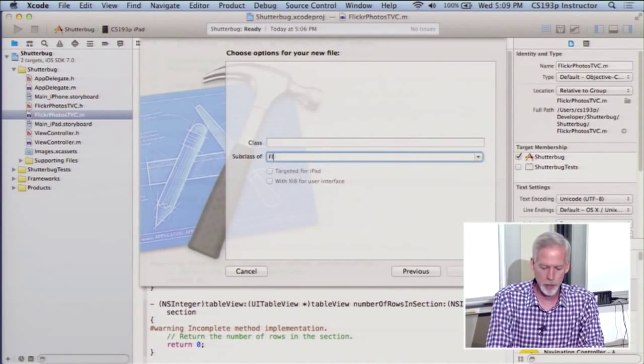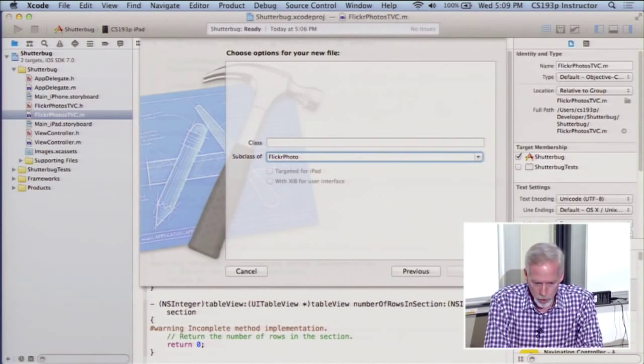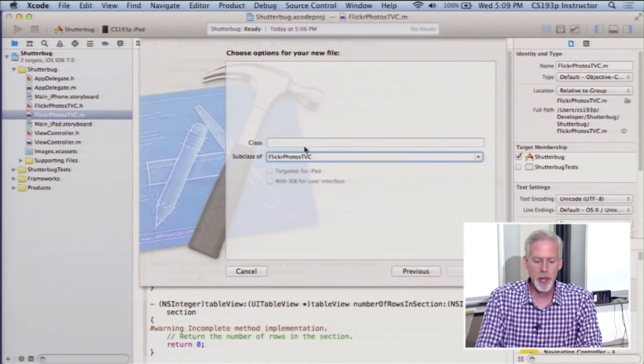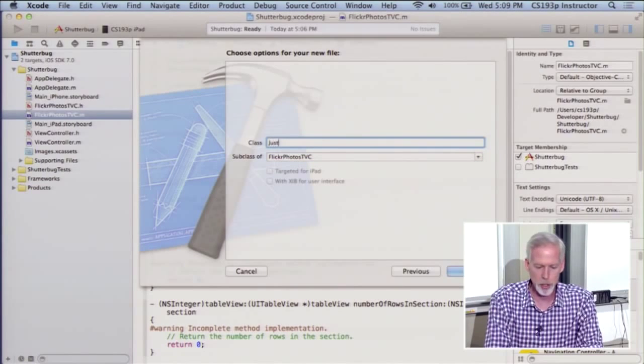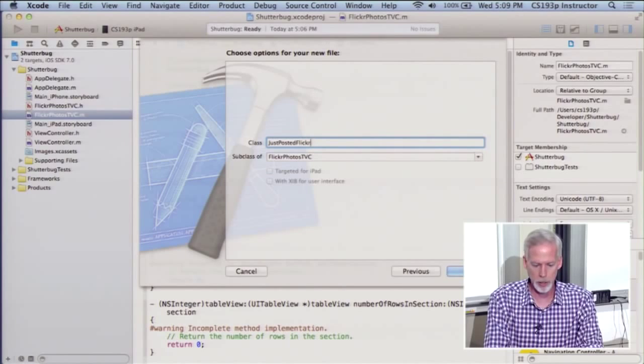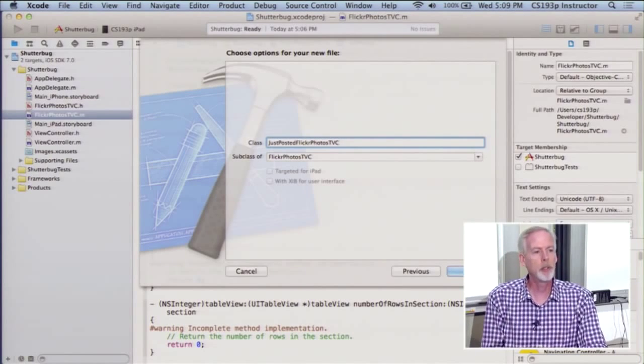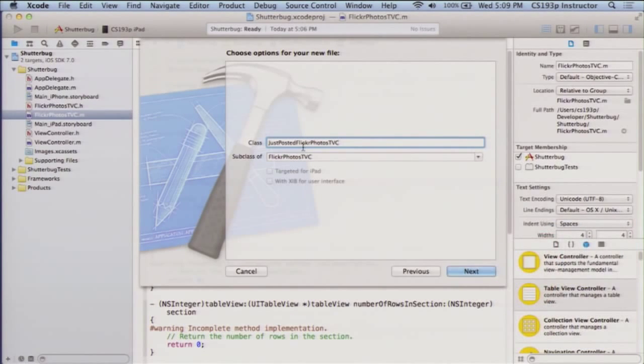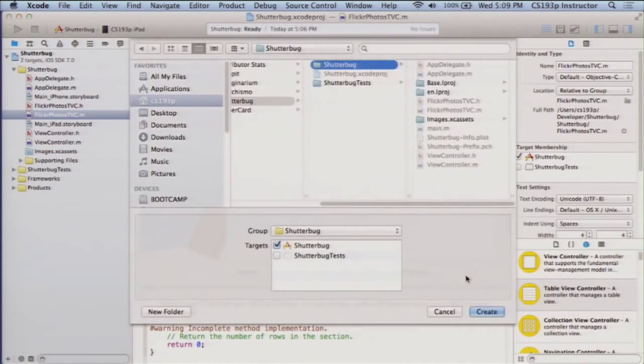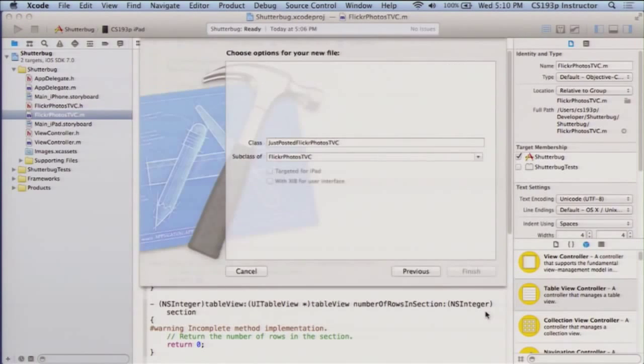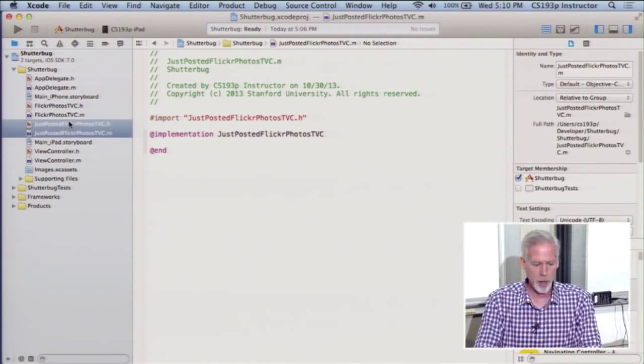It's a subclass of FlickrPhotosTVC, and I'm going to call it just PostedFlickrPhotosTVC. Okay, so it's going to be a subclass of that, and it's going to show me the ones that have just been posted. So let's create that here. So we have this new one here, and all it's going to do is